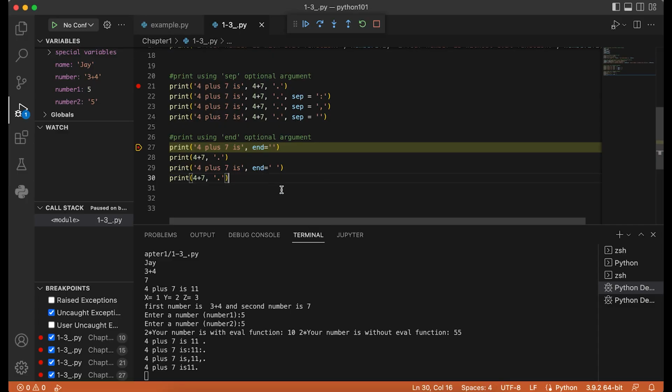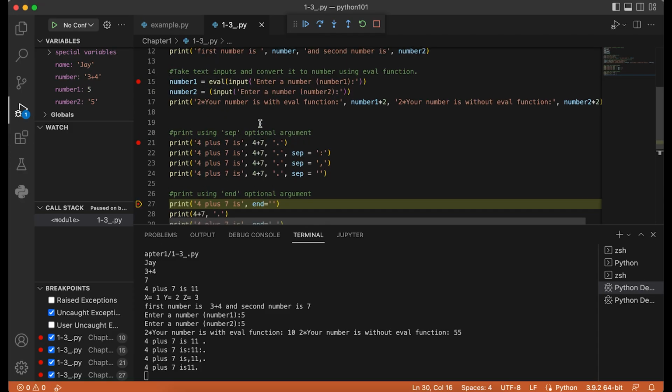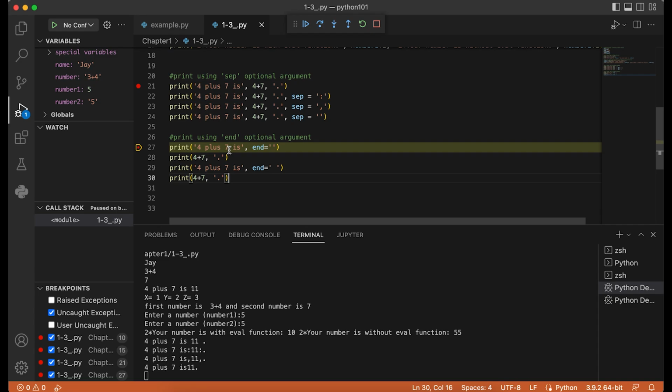And also print has an end argument, so you can keep 2 different things in 2 different printing in one line. Essentially, when we print these things in different lines, they will be in different lines, right? But using the end argument, you can keep it as one line.